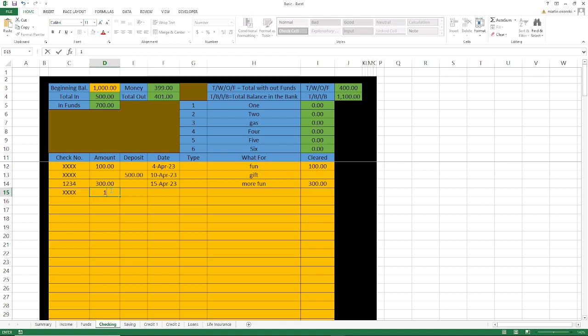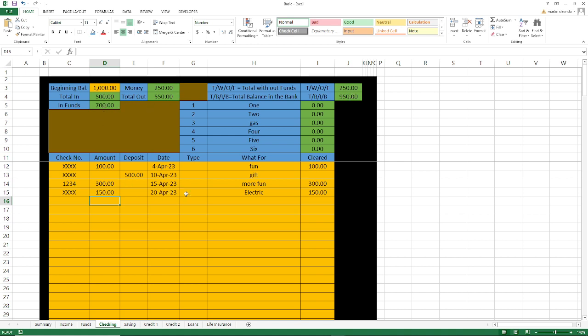Oh, I can't type anymore. 150 electric and 150. Now, when you do that, it takes that money away from your money. Everything else is taken away from the bank, and everything else is good.